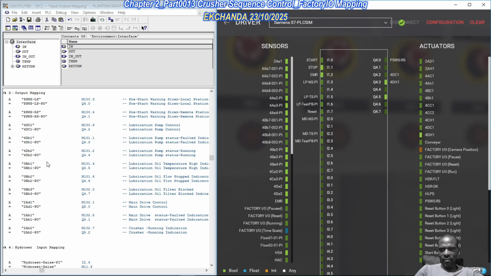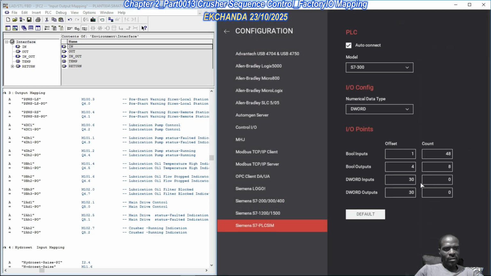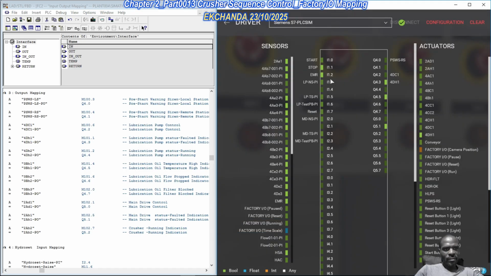That's under Q5.0. Needs the number of Boolean outputs. Let's go to 16. Okay,